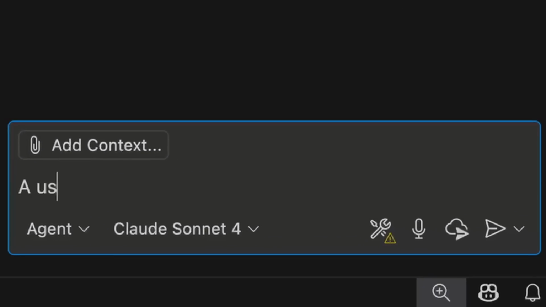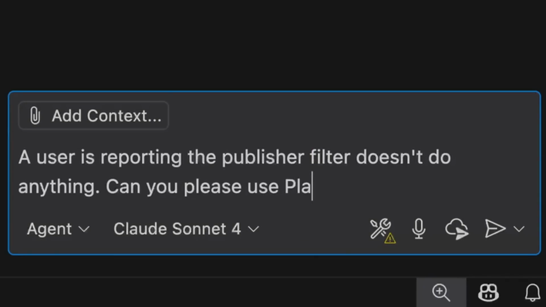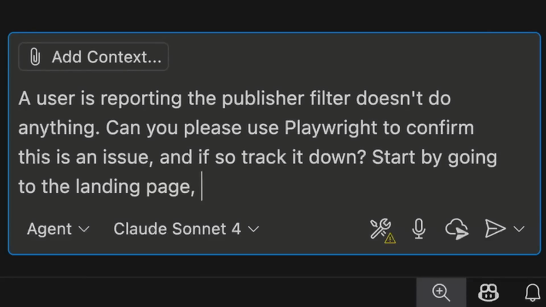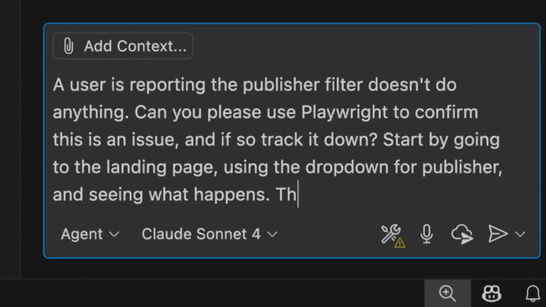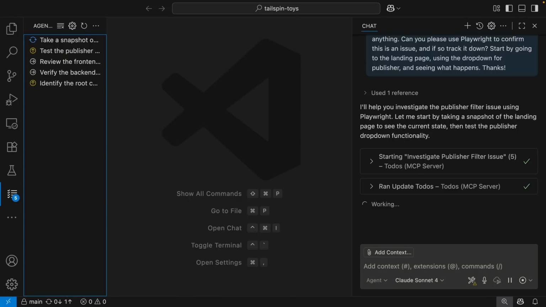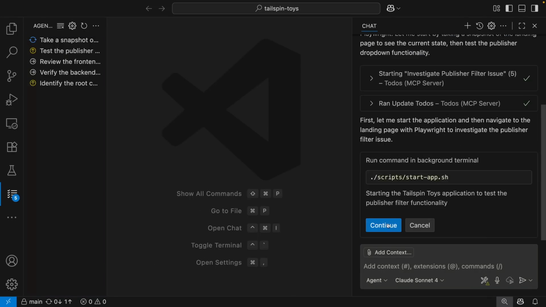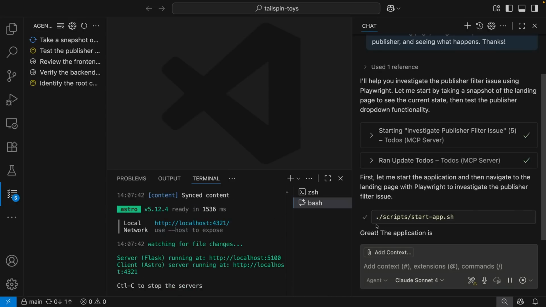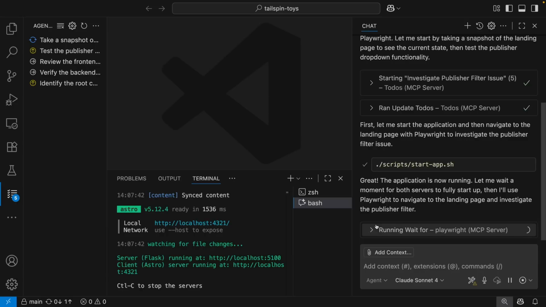The Playwright MCP Server allows you to explain a bug to Copilot Agent Mode and the repro steps and let it see the problem, discover what's wrong, and confirm the fix. After the message is sent, Copilot uses the To-Do MCP server, currently in preview, to track its work. It's going to follow the guidance provided for starting the server, then using Playwright to perform the steps to confirm